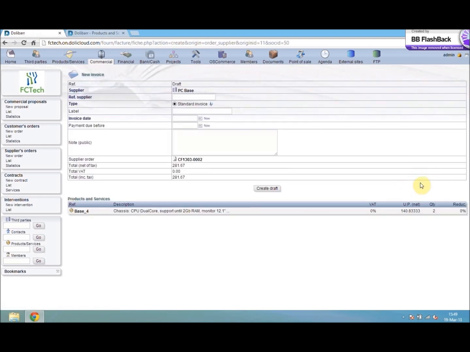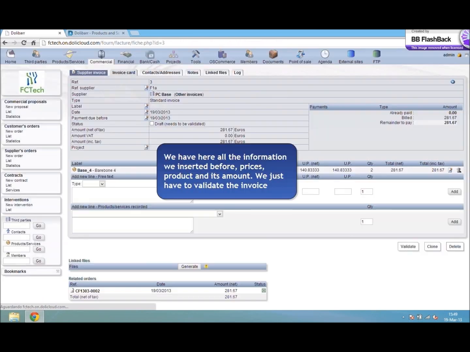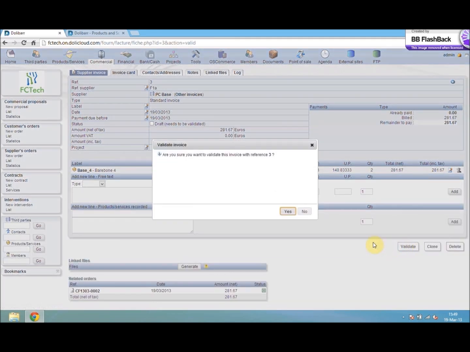We are going back to commercial separator, and we are going to create invoice. So we are going to insert here a unique reference. We are going to insert also the invoice date and the payment, and click on create draft. We have now all the information we inserted before, so click on validate,